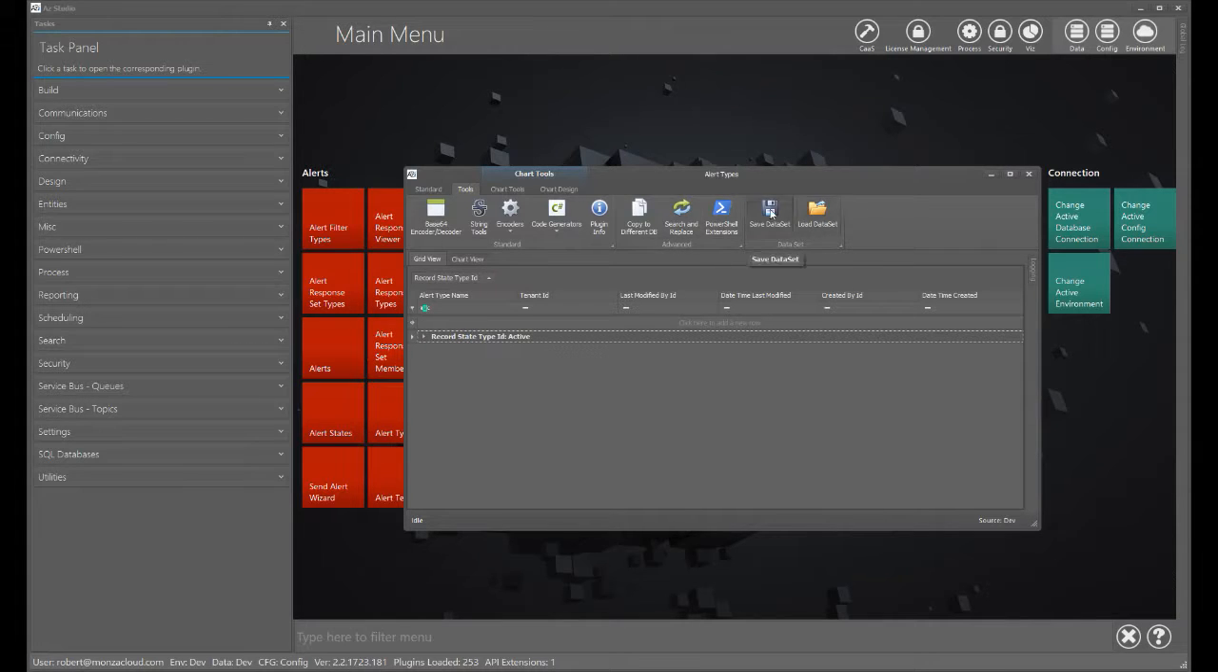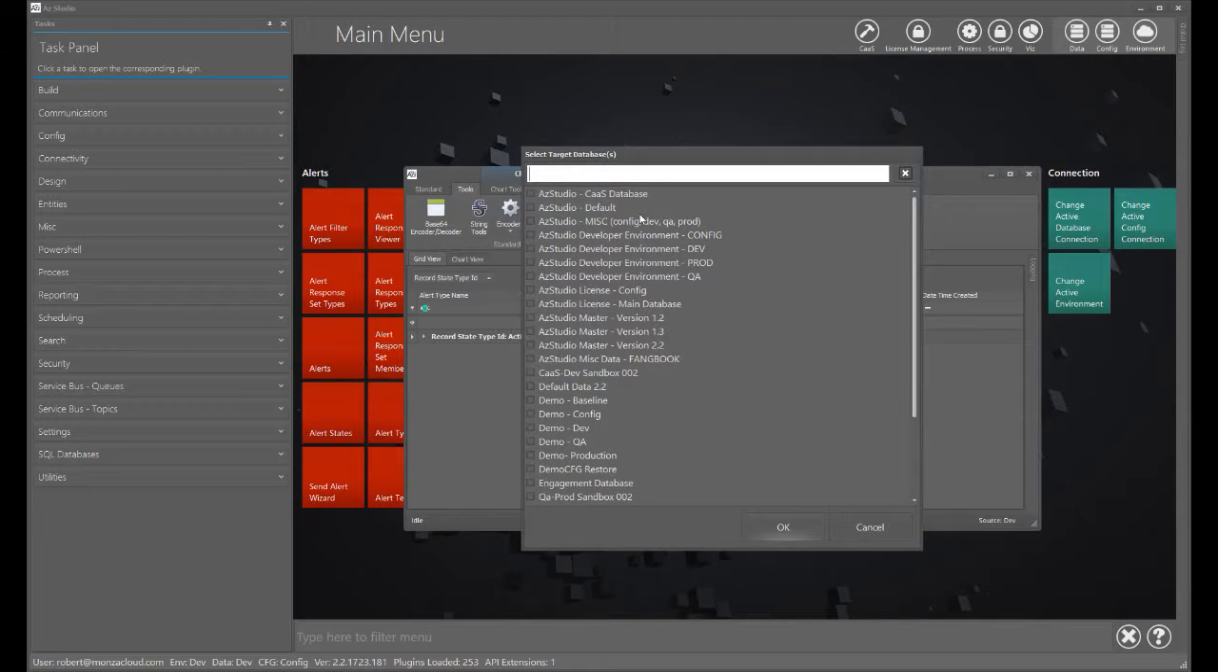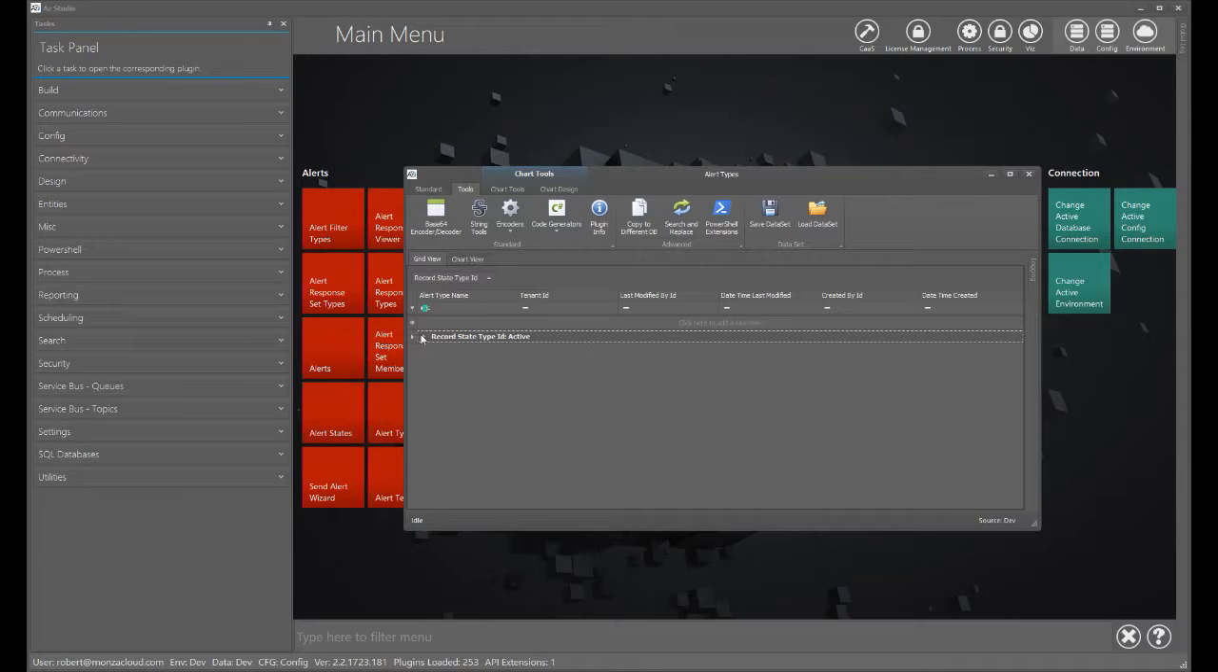You can filter, but then you can save and load data sets. So you have a pretty robust built-in ETL tool. You can also copy any data that you've selected or highlighted to different targets. So it's possible for you to make sure that this data exists in all your environments simply by selecting all